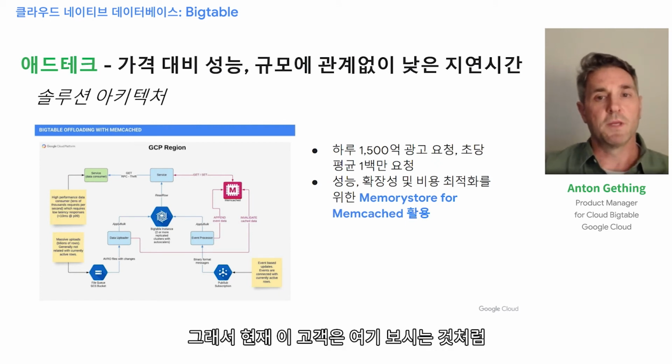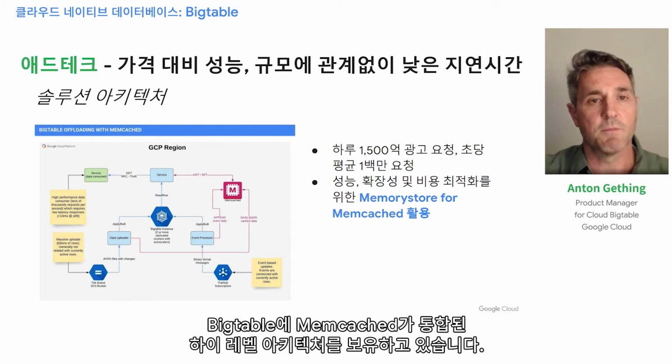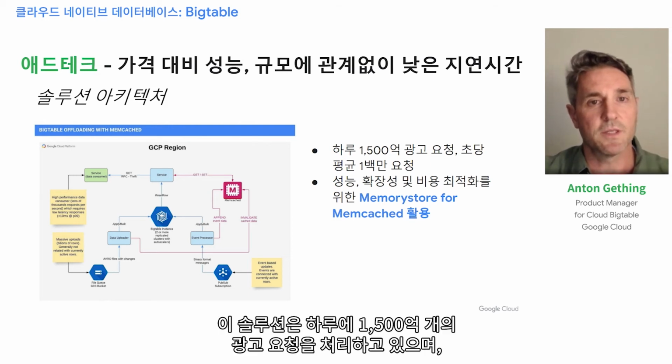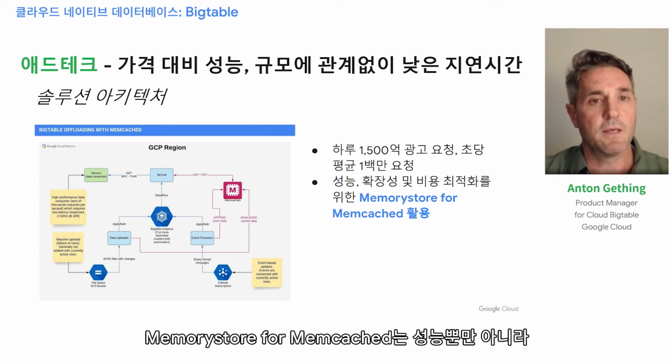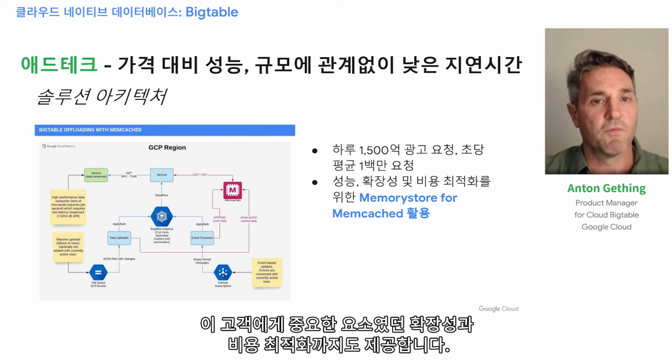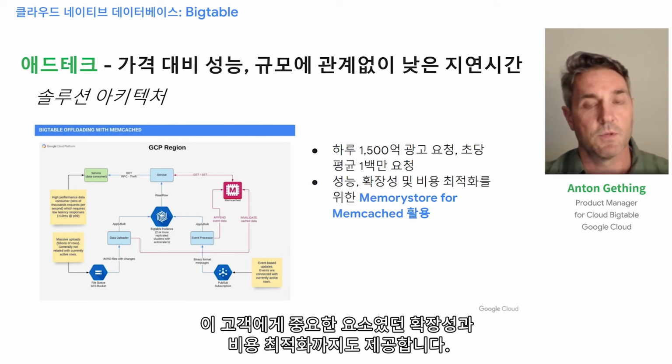So at the moment, this customer, you can see here, high-level architecture with Memcached integration to Bigtable. This solution is currently doing around 150 billion ad requests per day with an average of 1 million requests per second. The memory store for Memcached integration provides not only the performance, but scalability and cost optimization, which was valuable